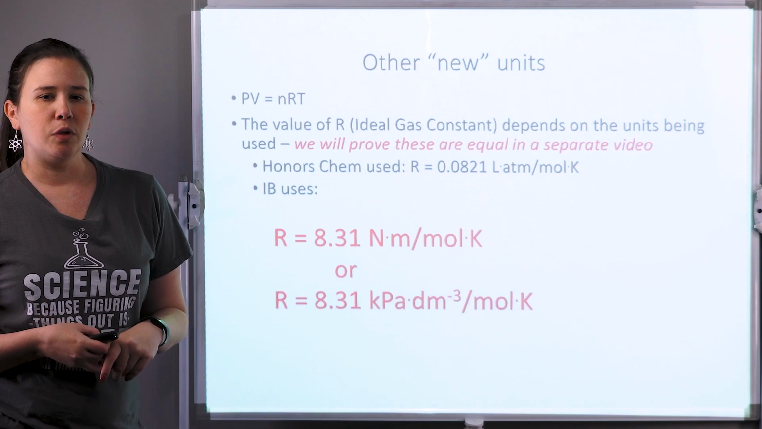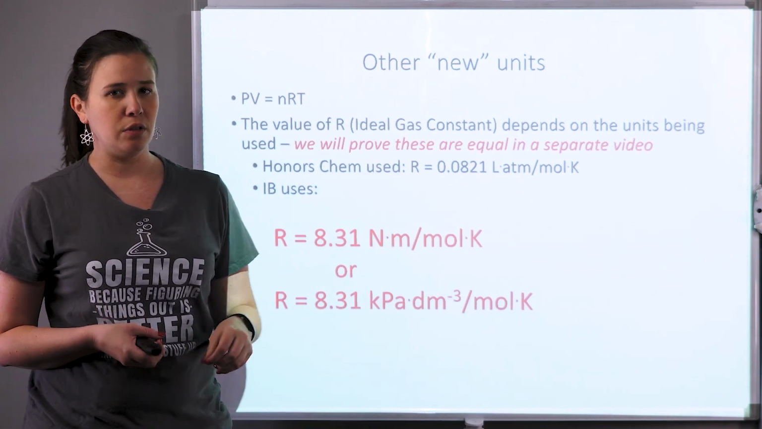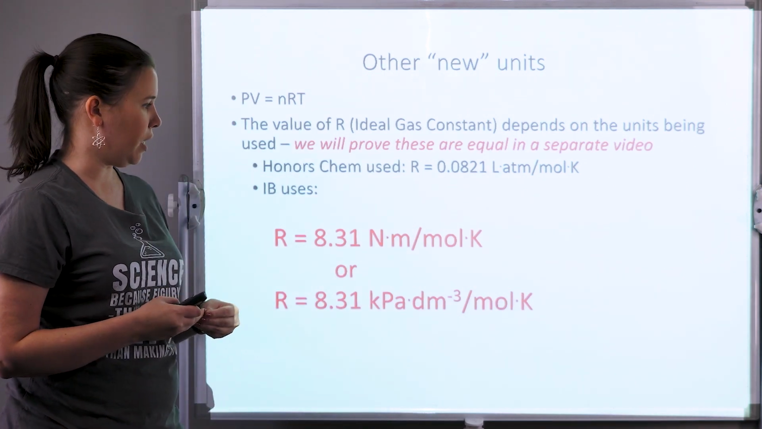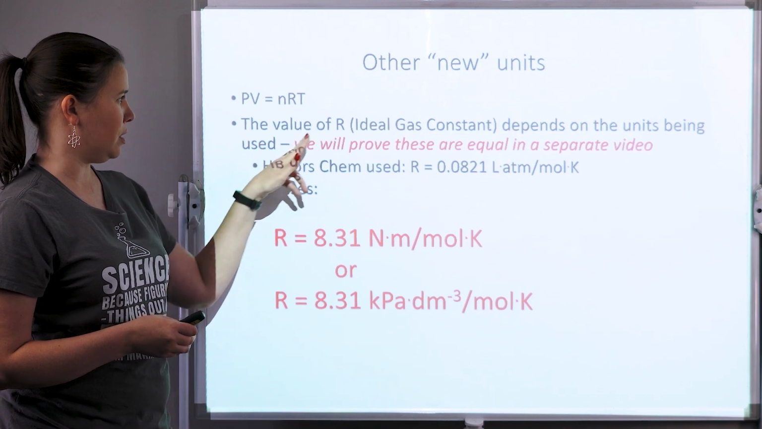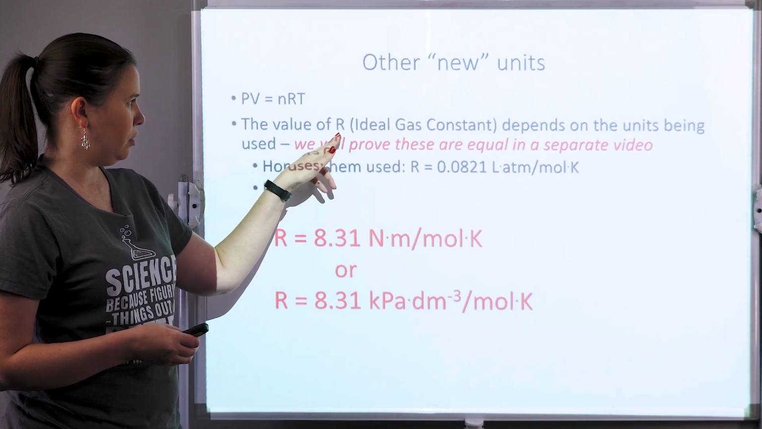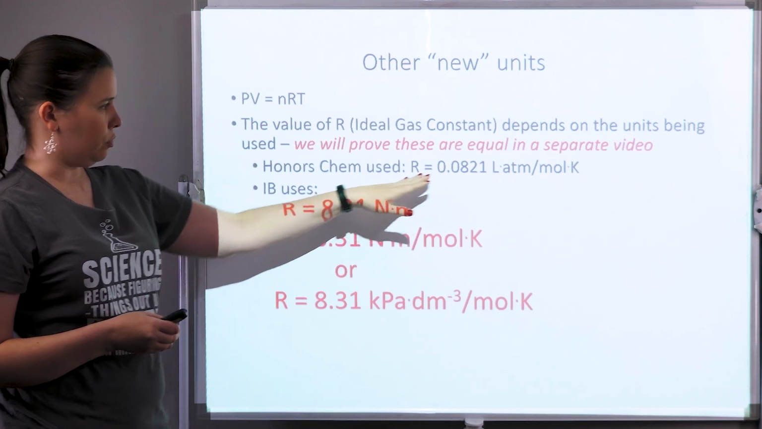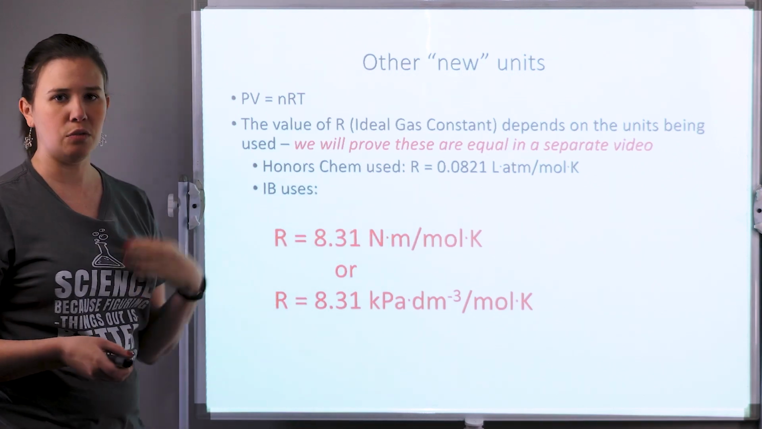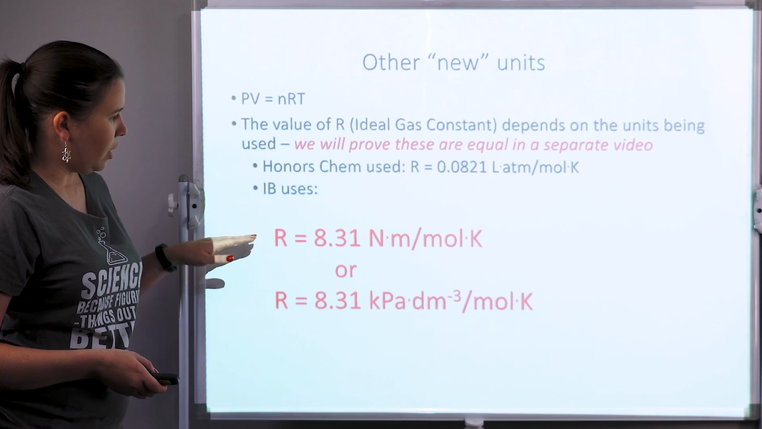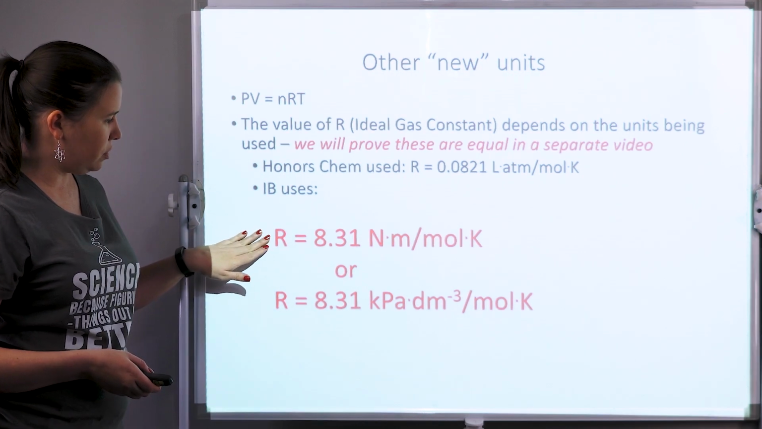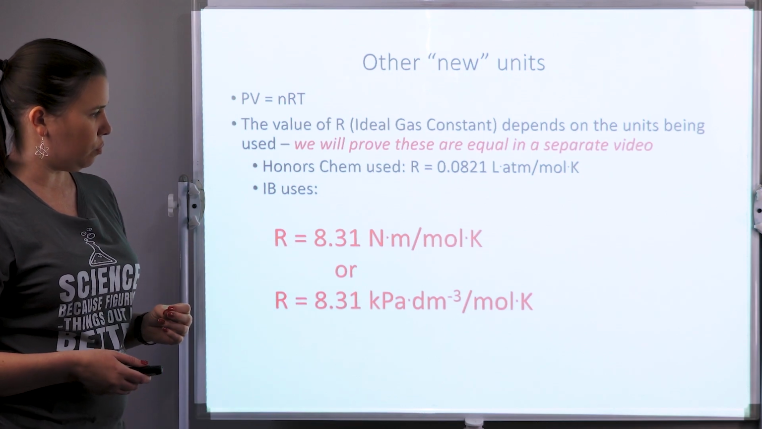Now there are a couple more things that are a little bit different unit-wise when we're talking about gas laws, and one of the big ones is the ideal gas law constant, R from PV equals nRT. We are going to walk through how you can derive these so you can go from one to the other. The IB data book is going to give you the first one,